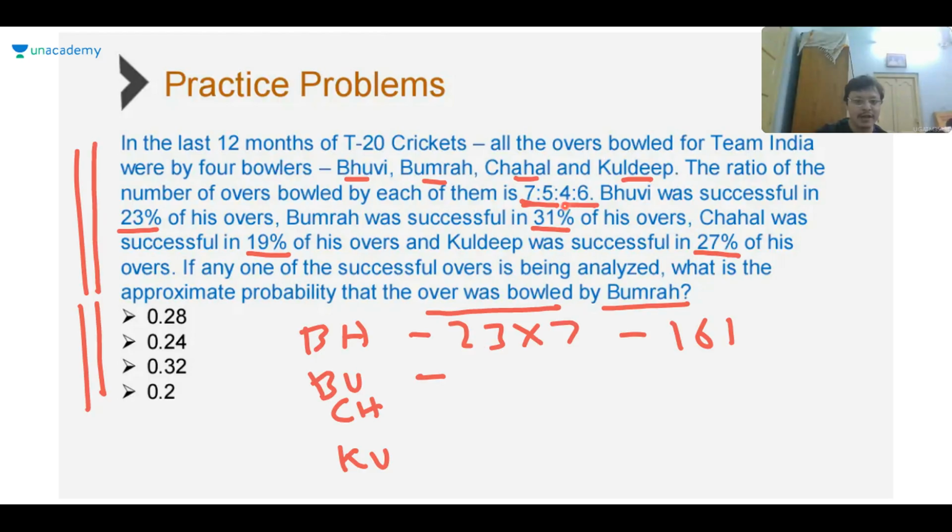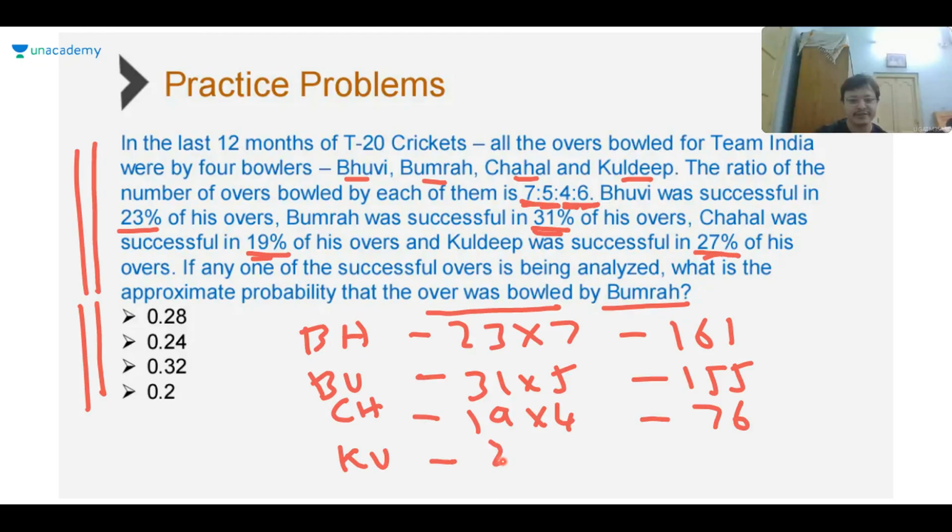Similarly, for Bumrah, the weight is 5, success is 31, so that is 31 into 5, which is 155. For Chahal, the weight is 4, success is 19, so it is 19 into 4, which is 76. For Kuldeep, the weight is 6, success is 27, so that is 27 into 6, which is